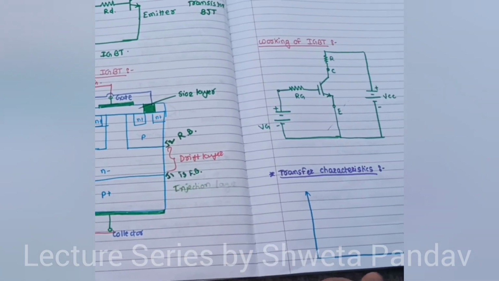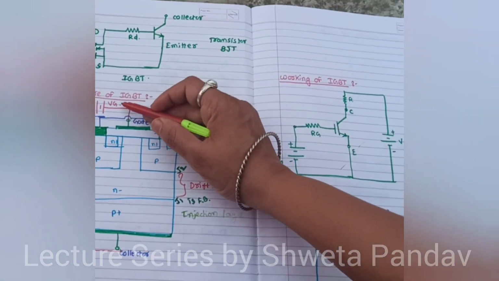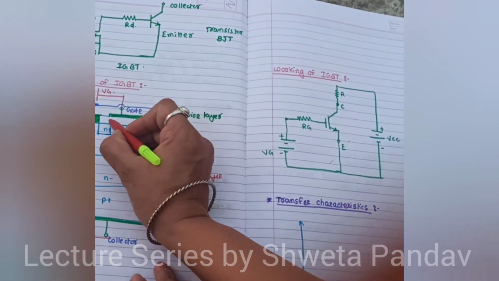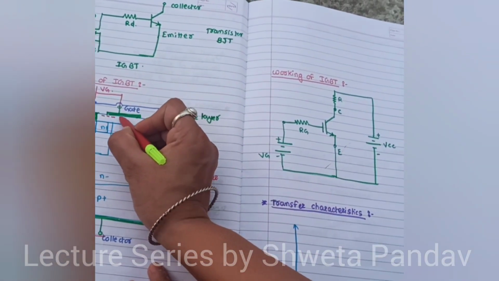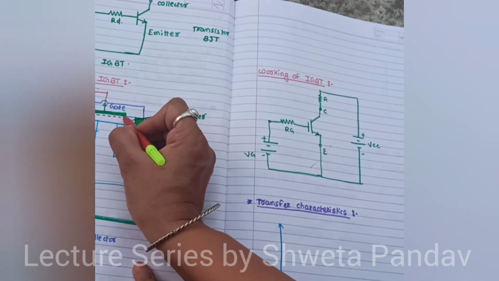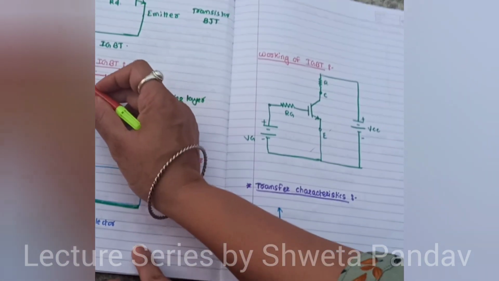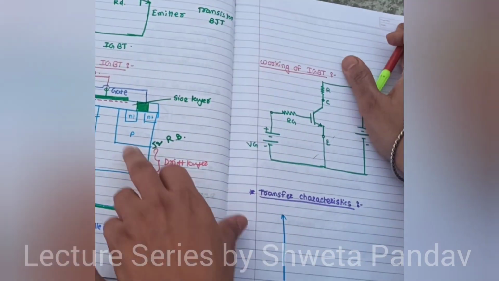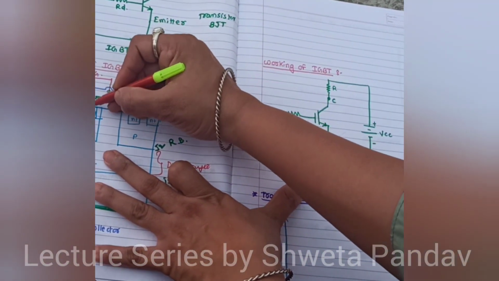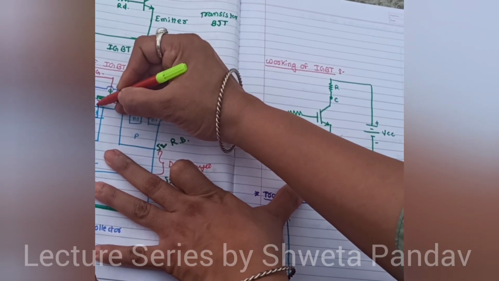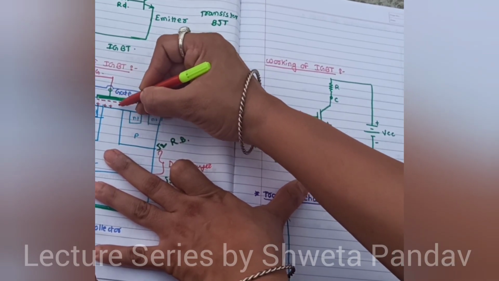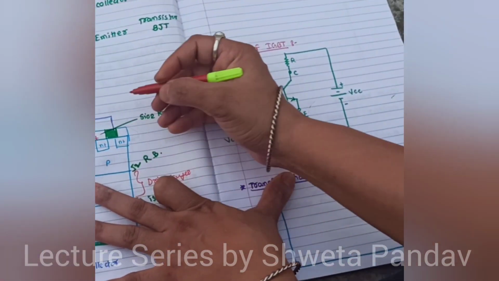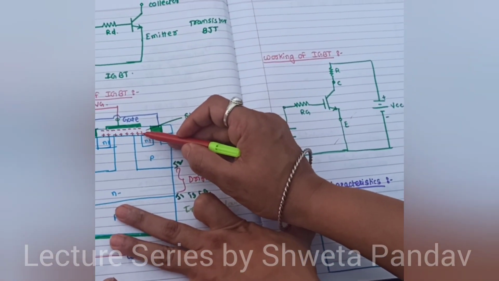Now from this diagram, as I am applying the positive gate voltage here, at the SiO2 layer at the gate terminal we generate negative polarity. As I go on increasing the voltage supply, the negative charge carriers go on increasing, and similarly on the body side we generate positive charge. So the potential is generated at the SiO2 layer, negative and positive.